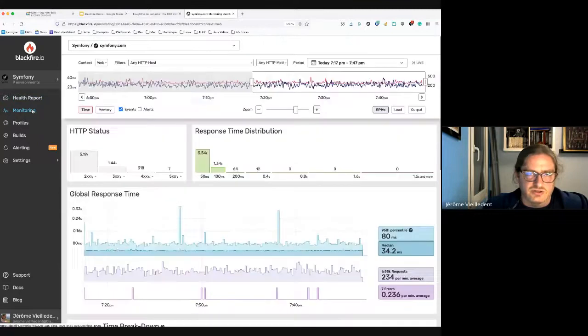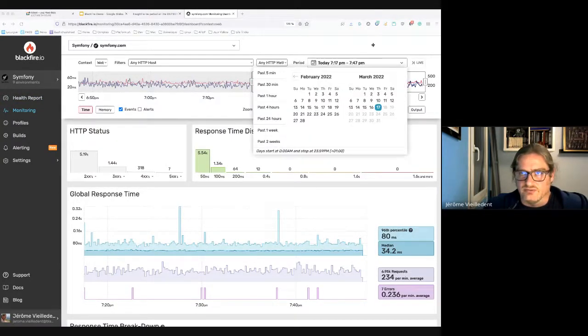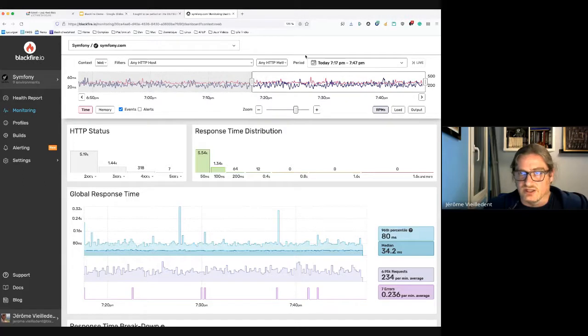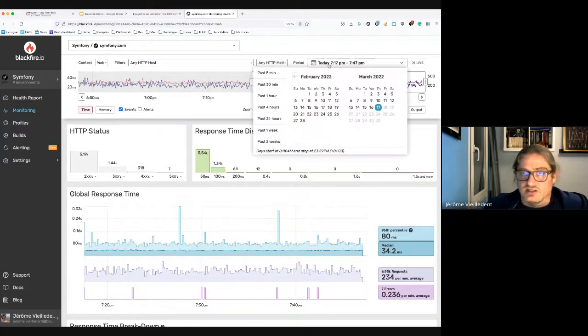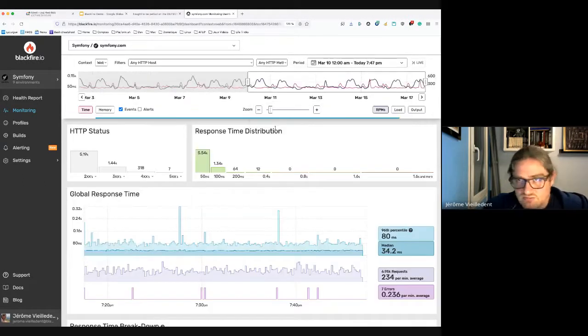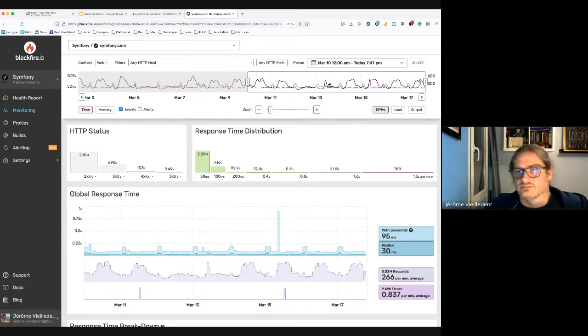Now monitoring. So let's go to the monitoring. By default here, we have monitoring data for the last 30 minutes. Let's have a look at the past week. The first filter that we have is a timeline here for the last 7 days that I can change.